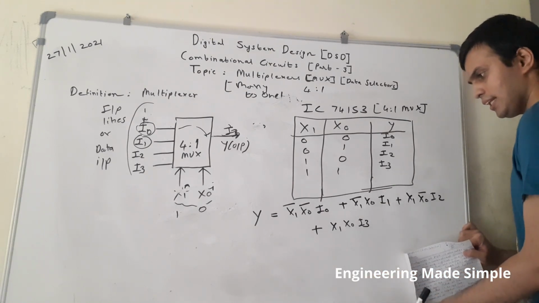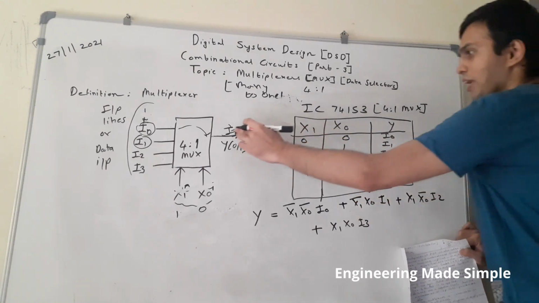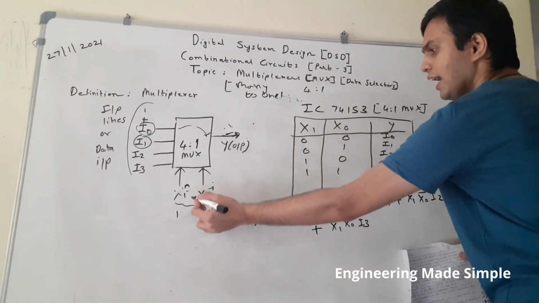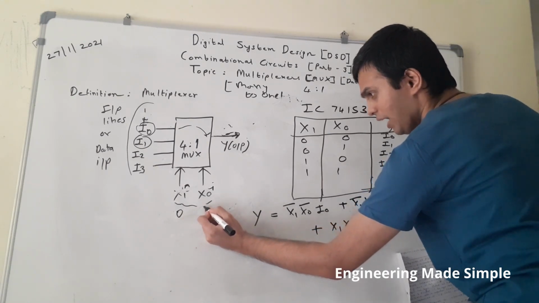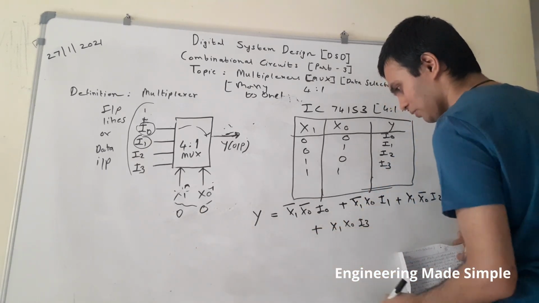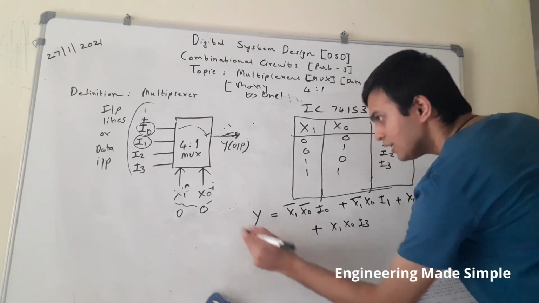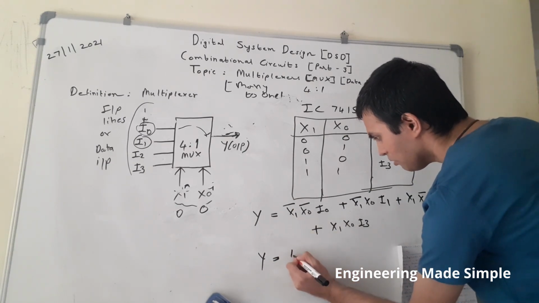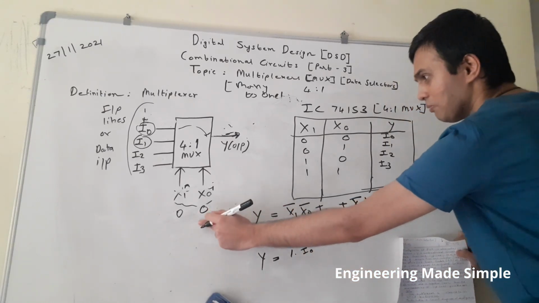This is the equation we are getting for the 4:1 multiplexer. Now let us substitute values and check whether our analysis of this circuit is correct or not. Let us consider you have applied the first input combination. We will check x1 is 0 and x0 is 0. Let us put x1 and x0 values as 0 0 in this equation. So x1 is 0, x0 is 0, so here x1 complement, x0 complement gives 1 into I0, because we have taken complements of these inputs, and x1 was 0, x0 is 0.